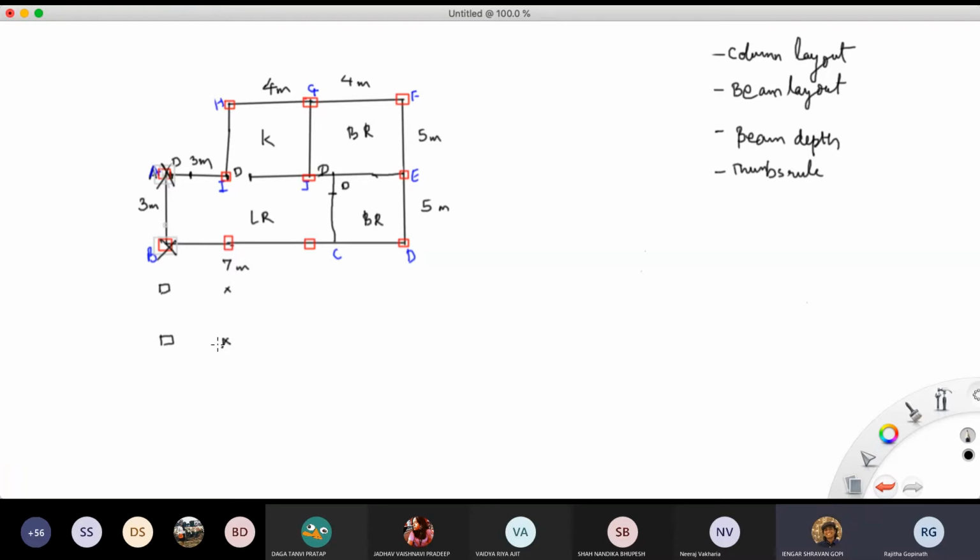I'm not sure about A and B right now, but what if we remove B and I think G and C also, because we can span H, F, I, E, and whatever's between B and B, we can span that directly, and then we can have H and F. So you mean to say H and F to be removed? No, wait, sorry. Not H and F.